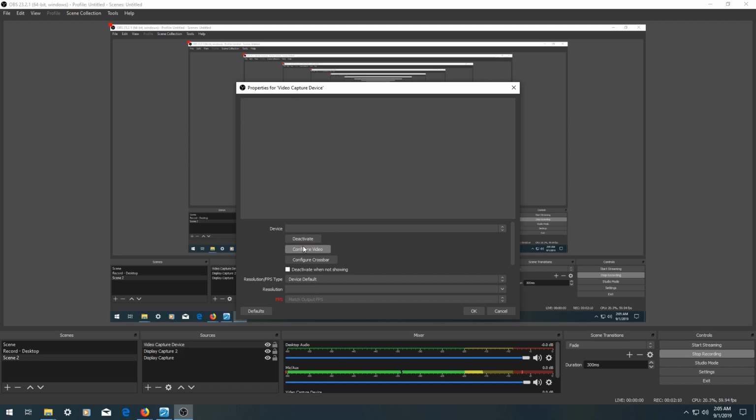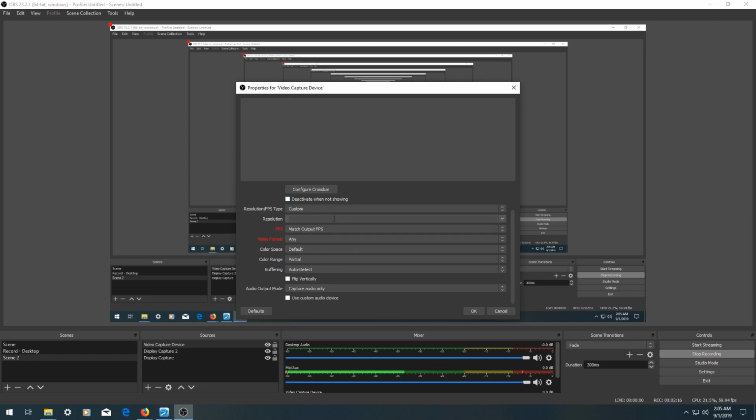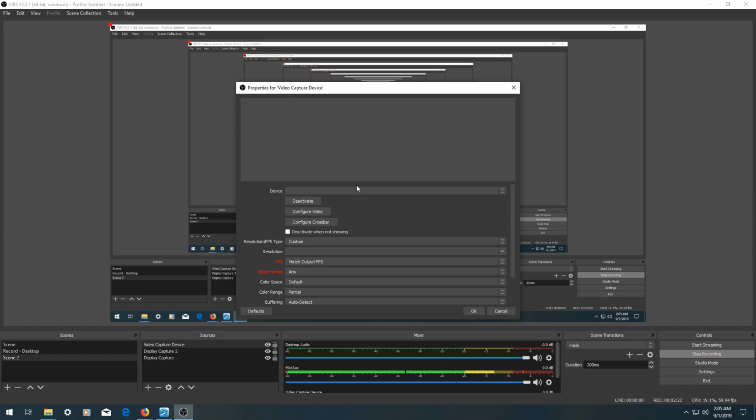And you can deactivate or configure. You go down to Resolution/FPS Type and you want to hit Custom and set all these to the highest that your device can go to. And you can tell if something isn't working right based upon what's up here. If your device starts to lag or anything like that, then dial it down a notch and make sure you get it to